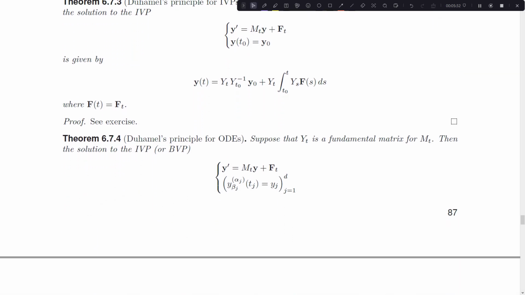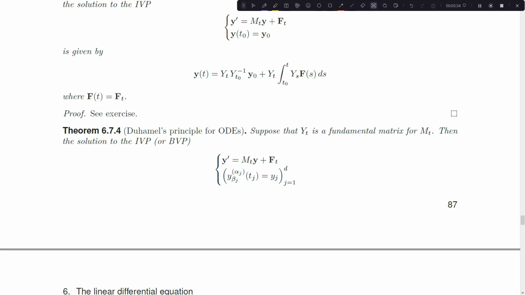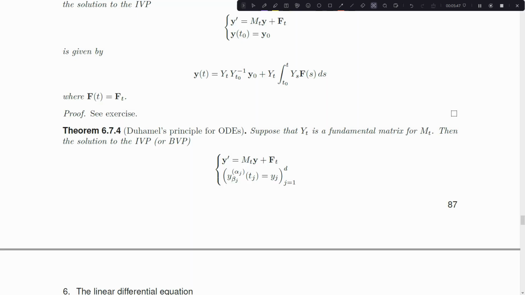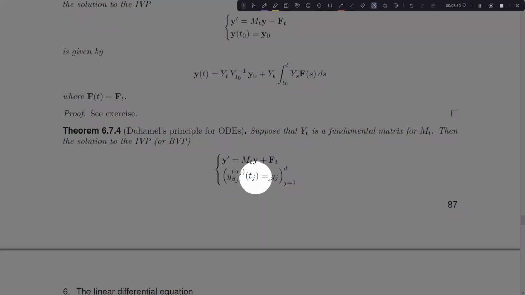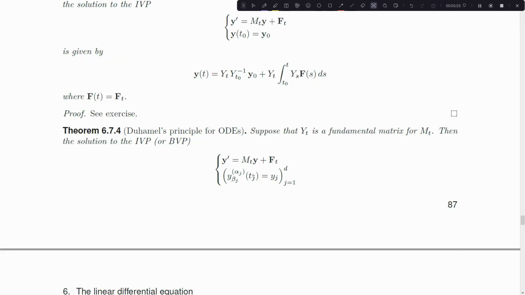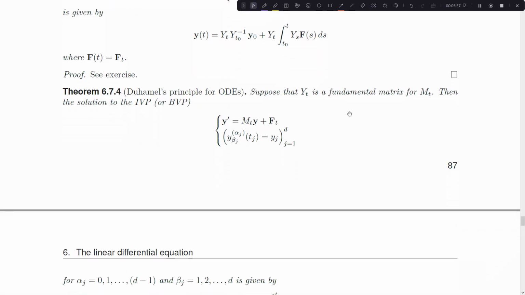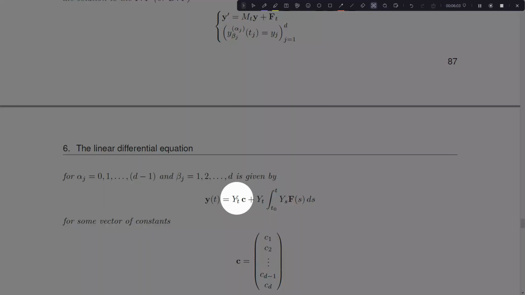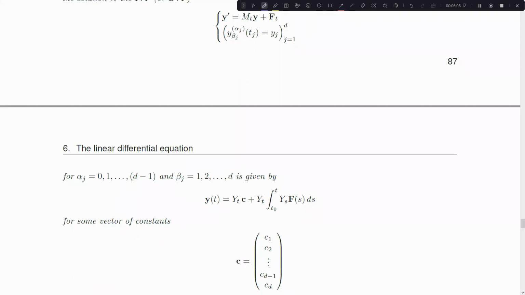Okay, this next theorem is interesting. I'm mentioning that we can now solve a boundary value problem instead of an initial value problem with Duhamel's principle. The reason we can do that is if we start with a boundary value problem here, I haven't specified that all the t's are taking place at the same time. If I write out the solution using my fundamental matrix on just some arbitrary vector c,